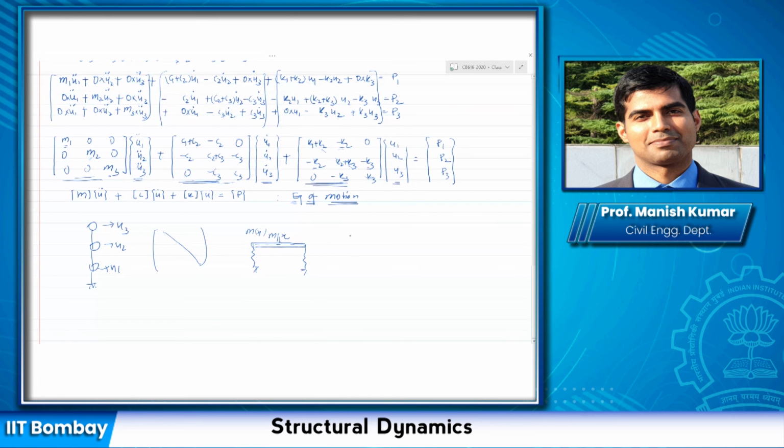The second case would be something like this. This type of system can be defined in two ways. Either you can define the degree of freedom like this, or you can define degrees of freedom like this and this. Both would represent a 2 degree of freedom system of the same system, but in these cases, if the mass does not correspond to the degree of freedom, then you might get an off diagonal term. Is that understood?